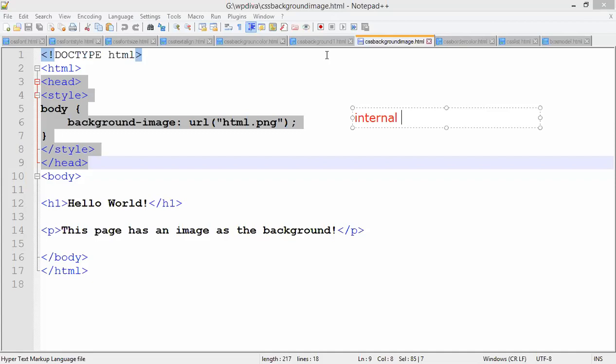When do you have to write inline CSS? Whenever you feel that yes, with this paragraph I want to apply the style, there you can write inline CSS. So inline CSS you write in the body tag, within the tag.